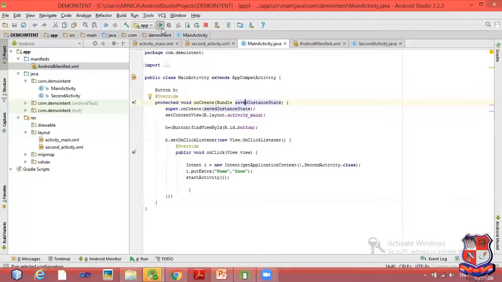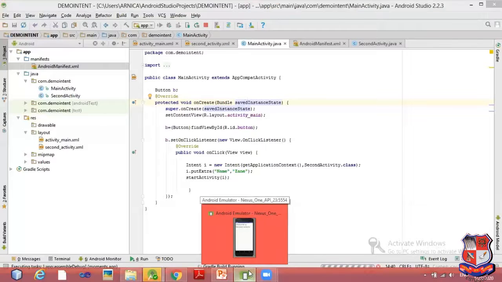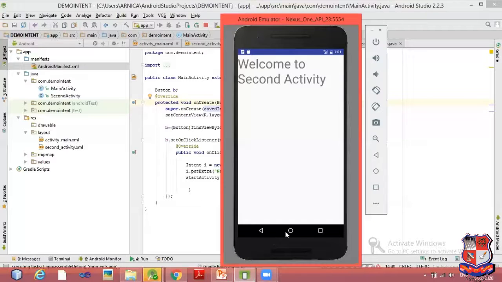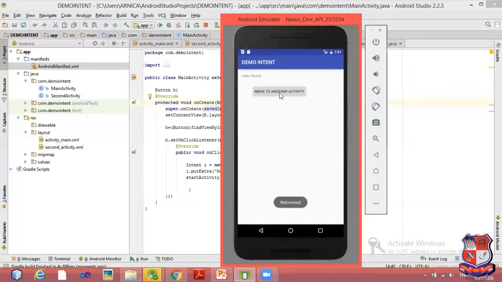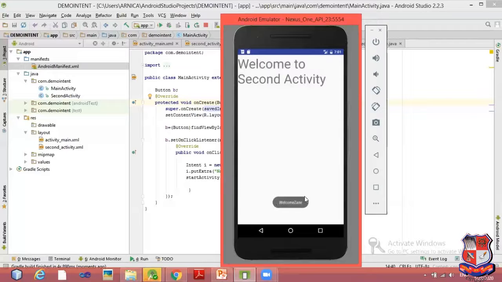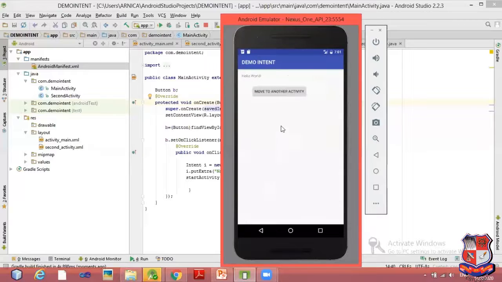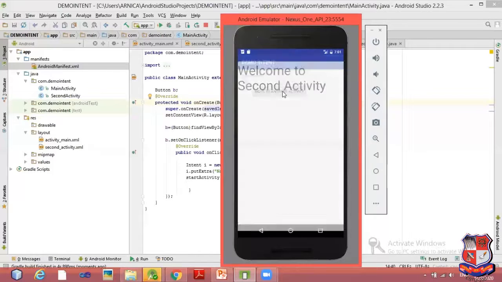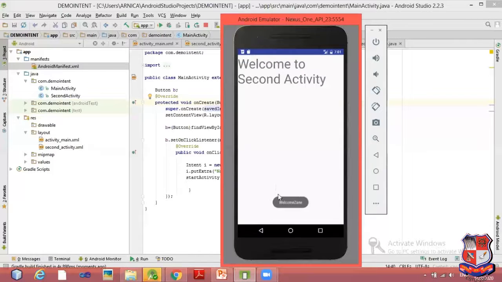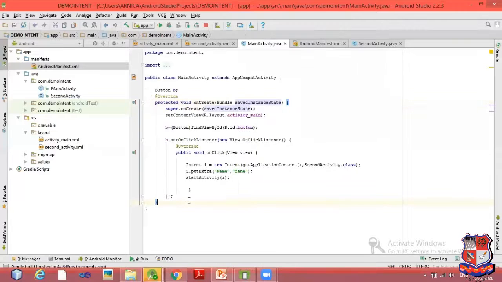So let's run this quickly and watch the output. Okay, let's do it. You can see here, welcome Zane. Let me run it again. Welcome Zane, which we have transferred from the main activity to this second activity.